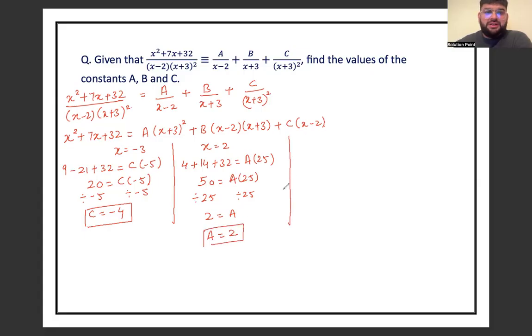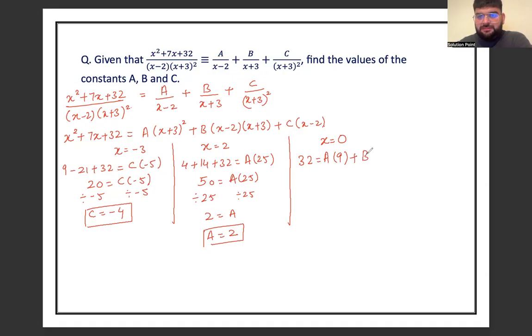Now if you look at the denominators, we got one factor as x minus 2, for which I put x as 2. The second factor is x plus 3, for which we got x equals minus 3. There is no other factor other than these. So hypothetically, let's substitute x as 0. 0 squared is 0, plus 7 times 0 is 0, plus 32. So on the left hand side we have only 32. Then 0 plus 3 is 3 and 3 squared is 9